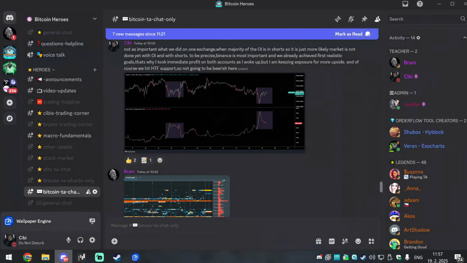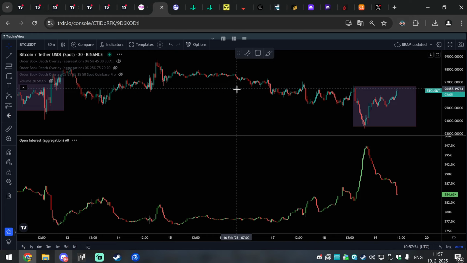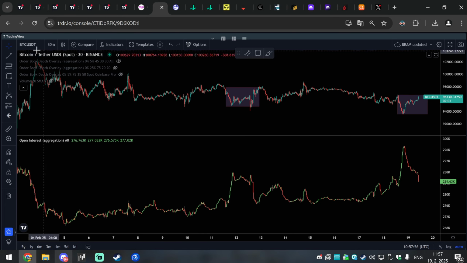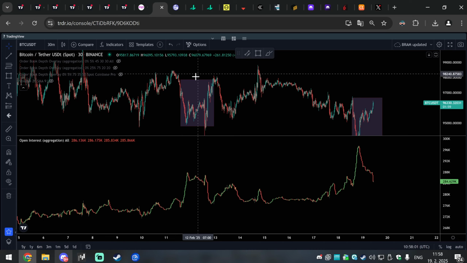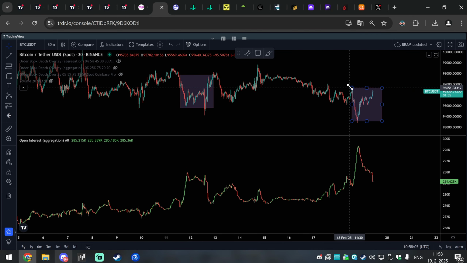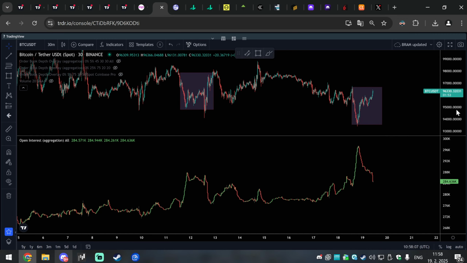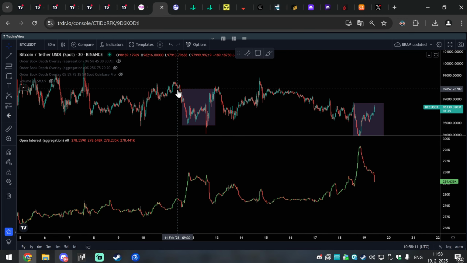This was the post for the group, but I will be showing you in TRDR. So we go to aggregated open interest. This is the most precise way to watch open interest, over here. We've got a similar situation in the past. I don't know why the whole world is shorting Bitcoin, which is the highest quality asset, at the lows of the range, but it's up to them what they want to do. We've got the same situation here.